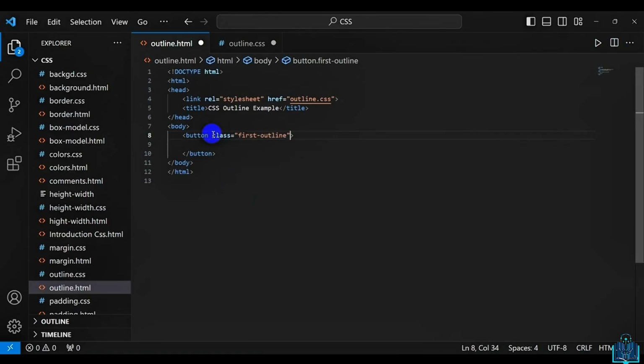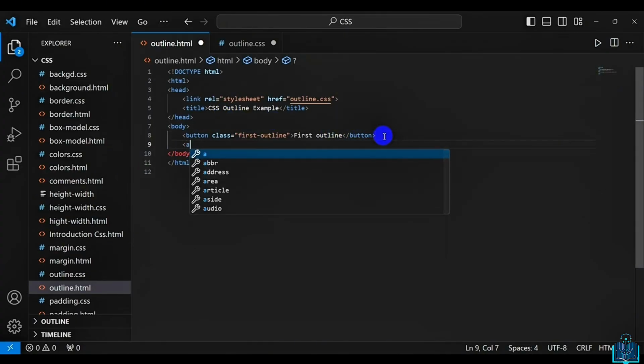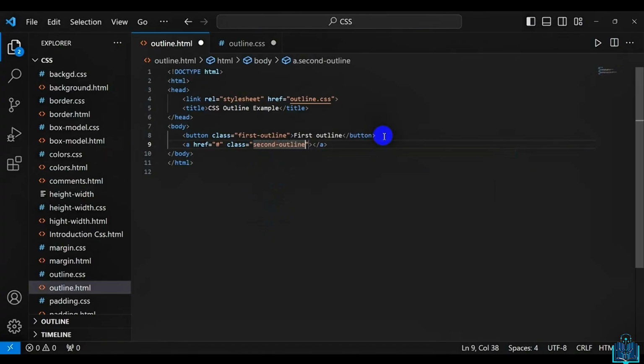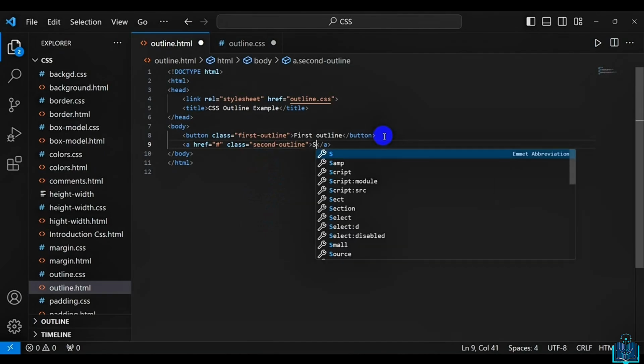and type is. Now I am creating an anchor tag, a, and href is hash, and class is second outline